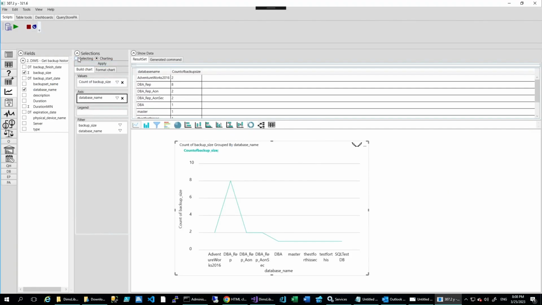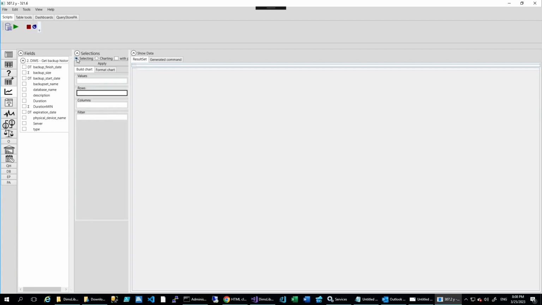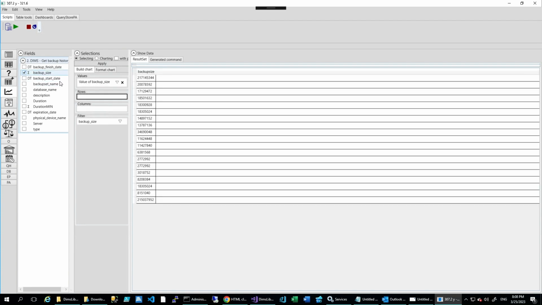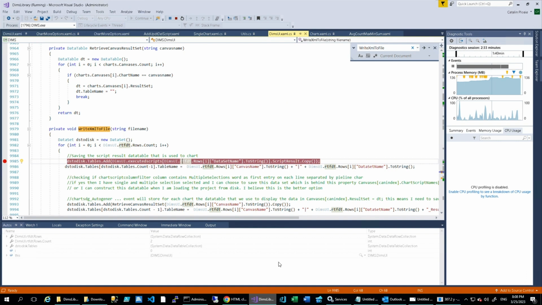And let's go here, and I will choose also the selecting feature because I'm using the selecting feature. If I select here backup size, the information in that table would have been already populated. So if I try to save, then the key would have been there in this table at that position for this column, and it should pass this